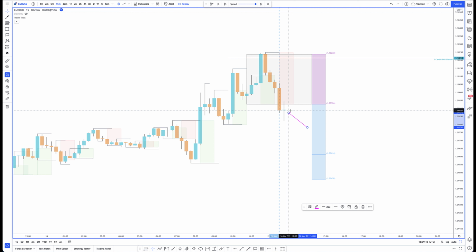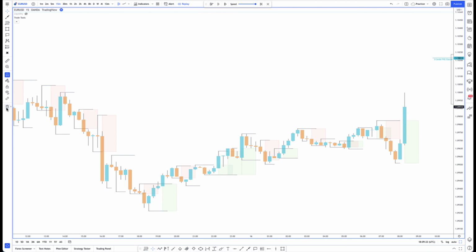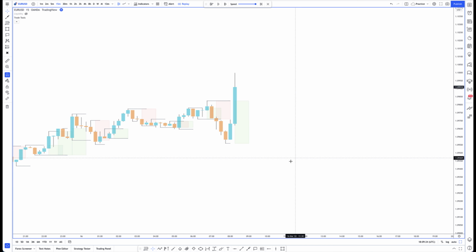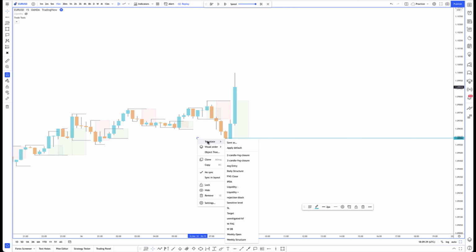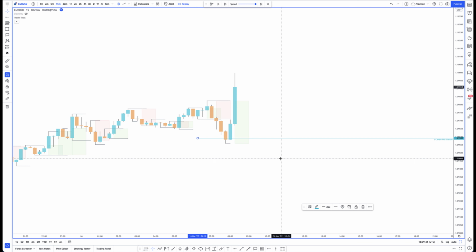Now let's go back a few candles. Let's clean up the chart. Let's look at this setup. Imagine, somehow, imaginary, this was a three candle fair value gap closure on a higher time frame, and the signal popped up like this to us. Now this signal came at 8:15. What the new lower time frame entry method says is once you get this signal,